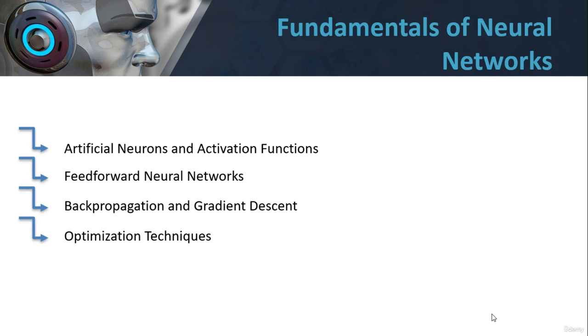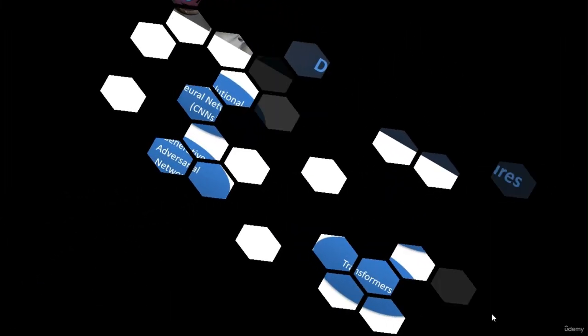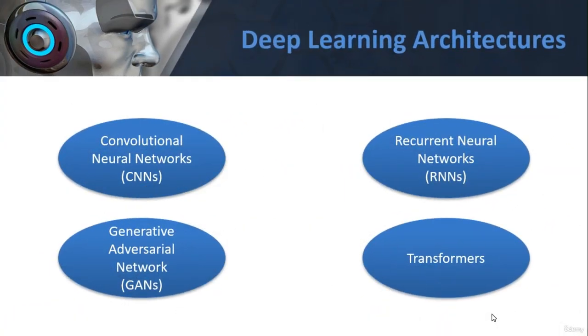Our next section is deep learning architectures. First one we have CNNs, convolutional neural networks, which revolutionized computer vision tasks. Here we investigate the architecture of CNNs, focusing on convolutional layers, filters, pooling operations, and the concept of receptive fields. We discuss the impact of CNNs in image classification, object detection, and other vision-related